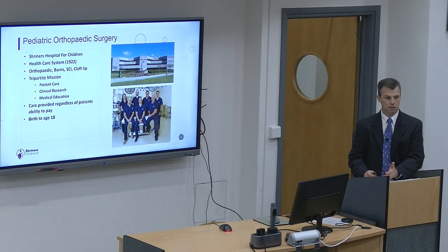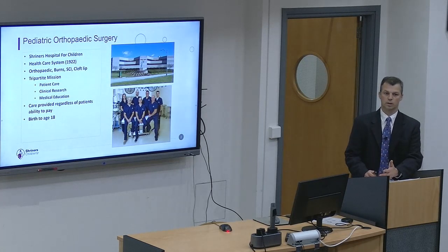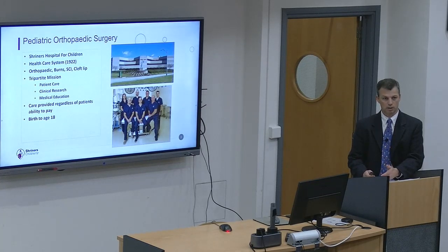We're all about patient care and providing state-of-the-art care for children with primarily pediatric orthopedic needs. Our second goal is to perform clinical research, which we hope improves our care to not only our children, but also the generations that follow us in the medical field. And then providing medical education to medical students, nursing students, therapy students, and whoever can benefit from education in our